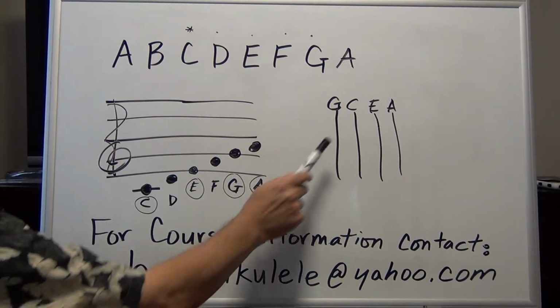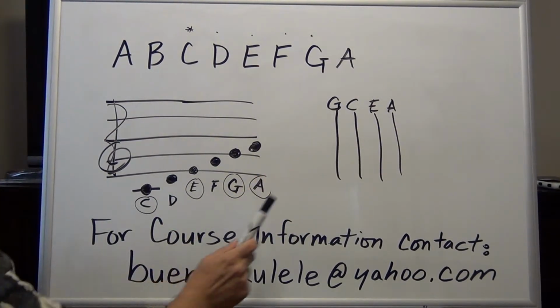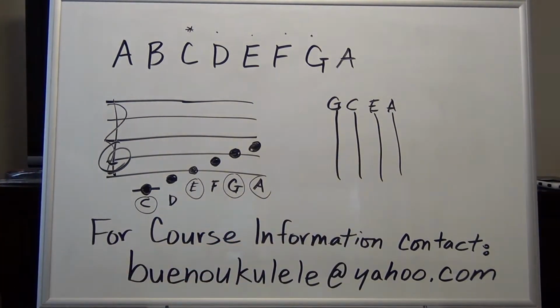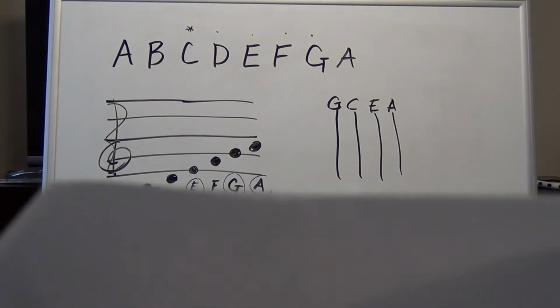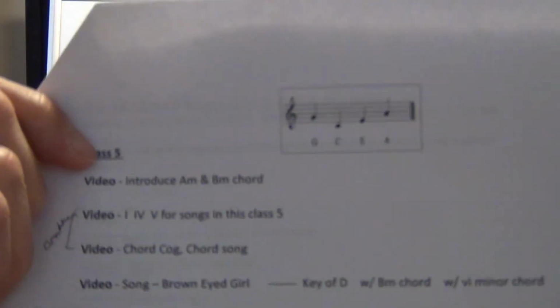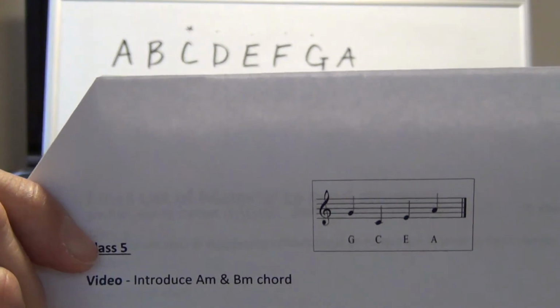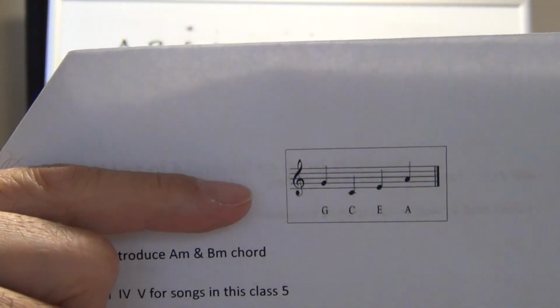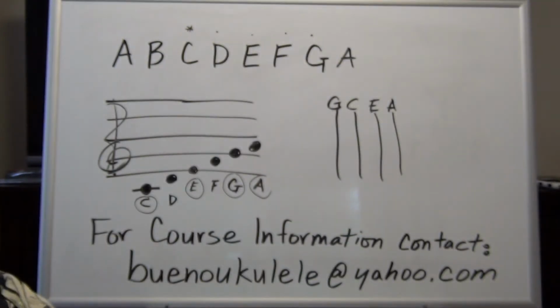G, C, E, A. And if you have your syllabus handy, you can see at the top of the syllabus is that musical staff that shows you the musical notes. Okay? You right there? Okay, so